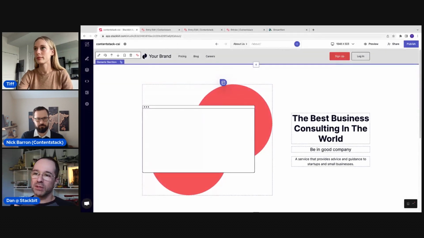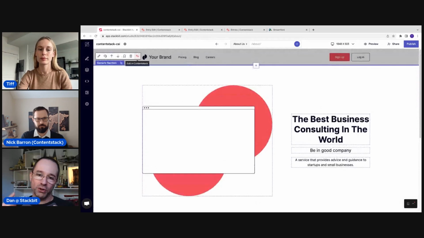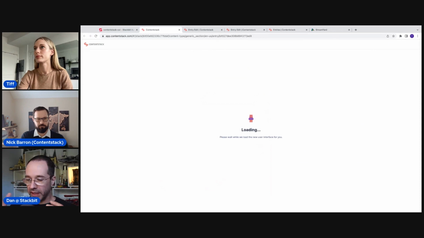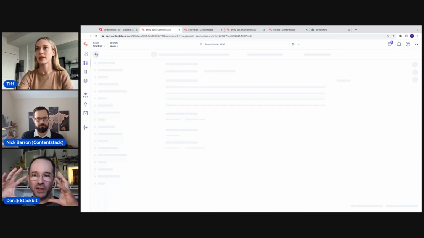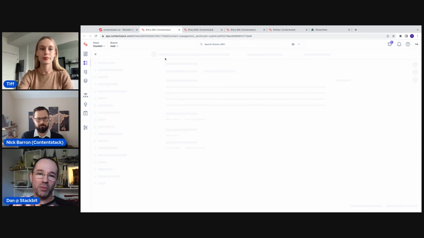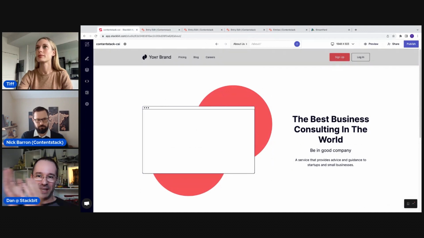So this allows you, essentially as a marketer or a content ops person, to take advantage of all the flexibility that has been built into the code and extract the content out of it. Essentially the developer has given you a lot of flexibility: these are a lot of controls and each one of them is a piece of content. Is the layout vertical or horizontal? Is it flipped or not flipped?